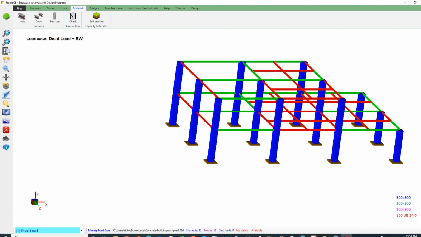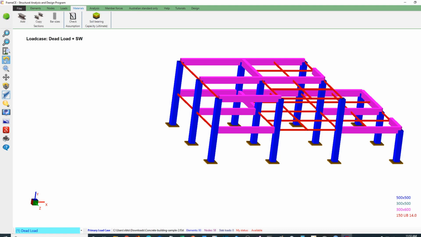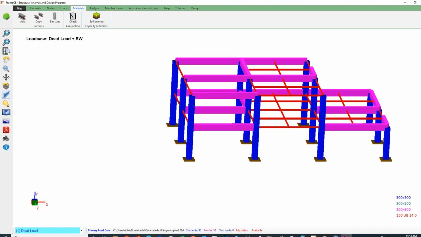Next, and then edit beam, apply. Now you can see here, when there are more and more beams and columns, it will be hard for